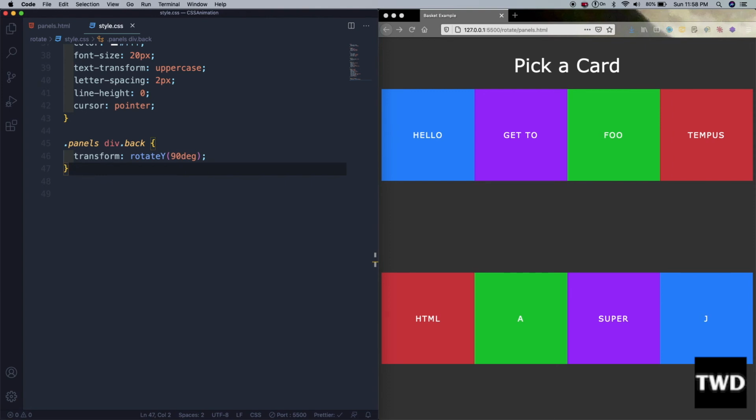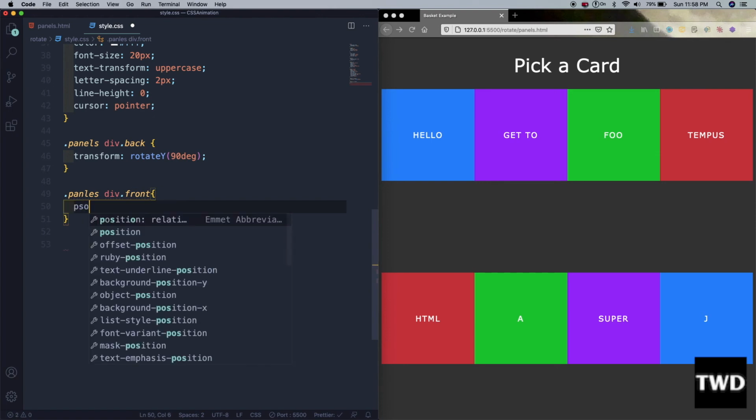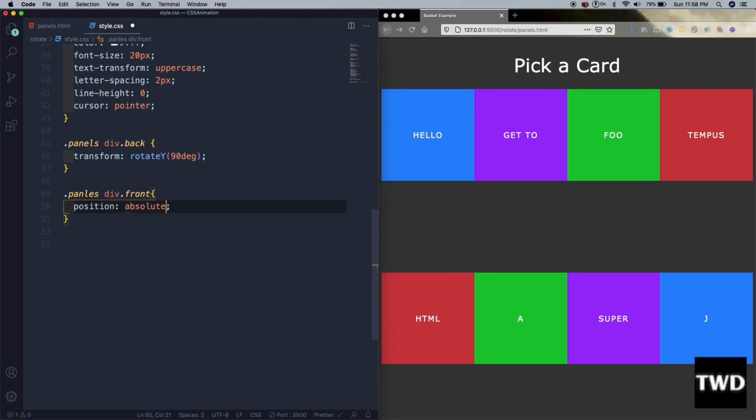So after that, what we are going to do, dot panels div dot front, so the front which is visible, we're targeting that position absolute.